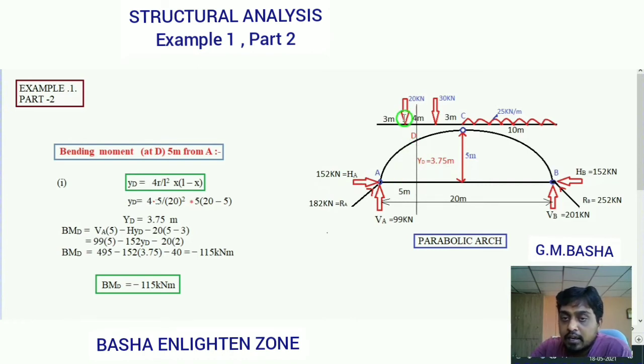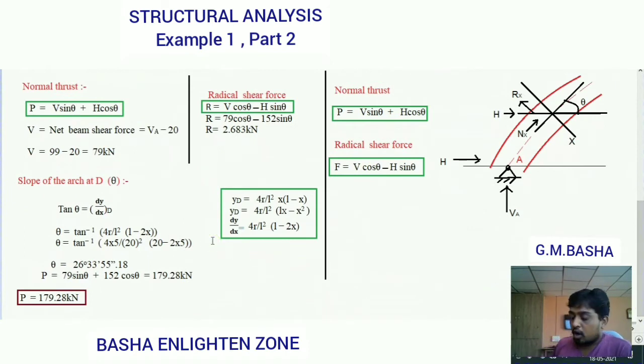Again, this one will be acting about here. The total distance from here to here will be 5, and from here to here will be 3. For the remaining distance, 5 minus this 3, you get 20 into 5 minus 3. See here, 20 into 5 minus 3. If you simplify everything here, you will get bending moment at D equal to minus 115 kilonewton meter. For moment the unit will be kilonewton meter, and for force the unit will be kilonewton. Remember that also. Therefore, take down bending moment at D equal to minus 115 kilonewton meter. Then go to the next point.